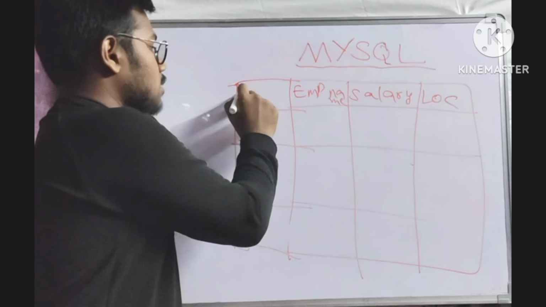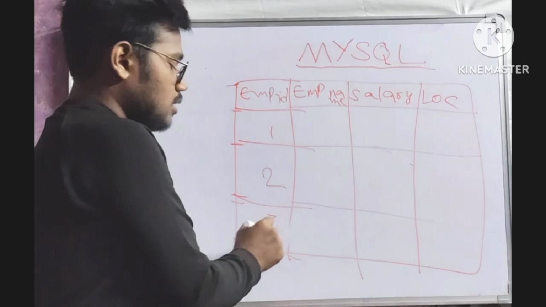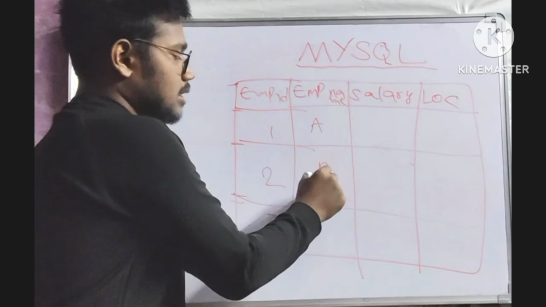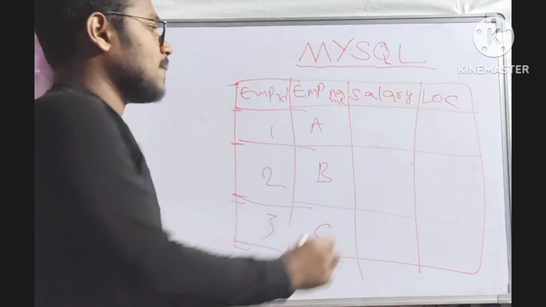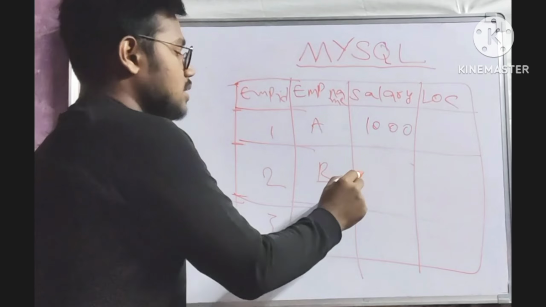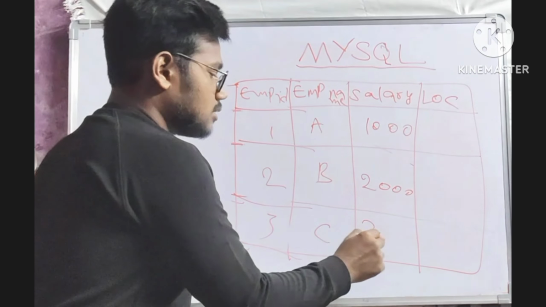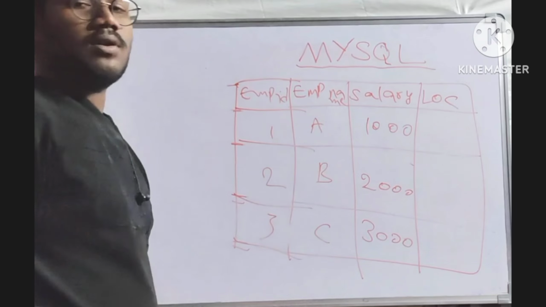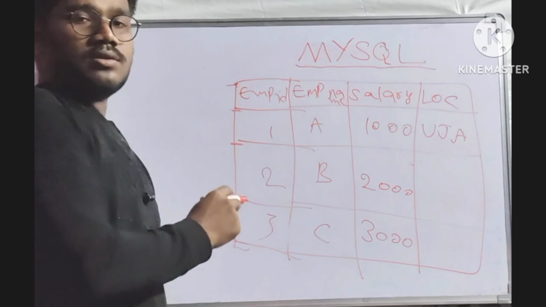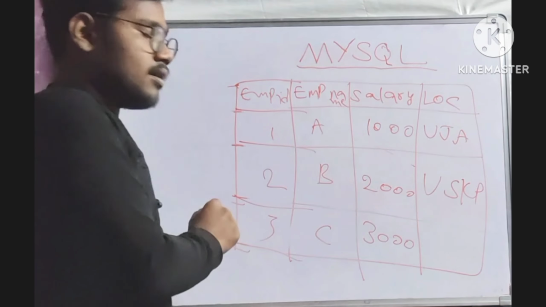So here employee ID is the first column. Employee ID 1, 2, 3. Three employees are there. The first employee name is A, second employee B, third employee C. The salary of the first employee is 1000, the second one is 2000, and C's salary is 3000. And the location of employee ID 1 is Vijayawada, the location of employee 2 is Vishakhapatnam, and the location of